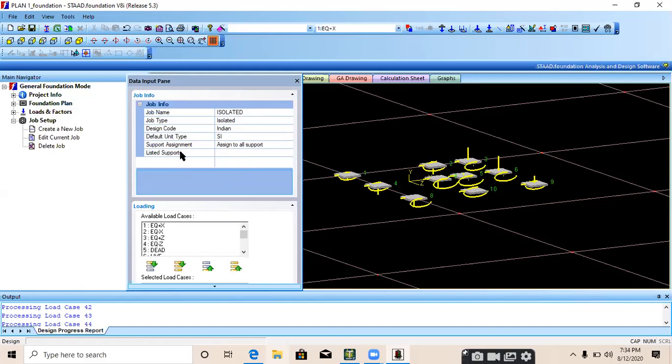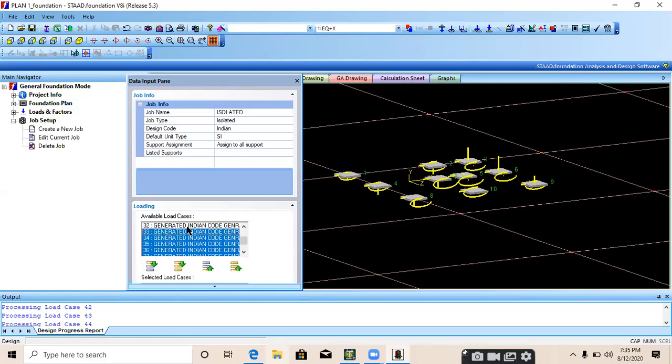The support assignment will be assigned to all supports. Now look at this. In the available load cases, there are all the load cases, which are the individual load cases and combinations. So I prefer to select all the combination load cases over here. We will not consider the individual load cases in the design. We just consider all the generated or combined load cases.